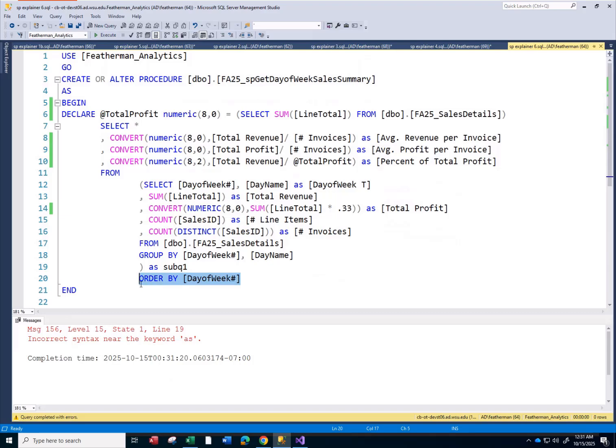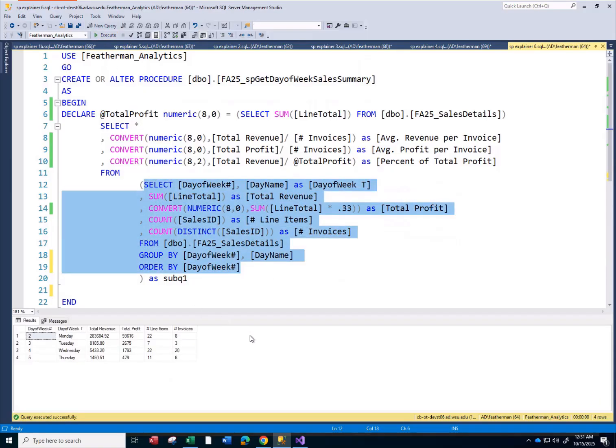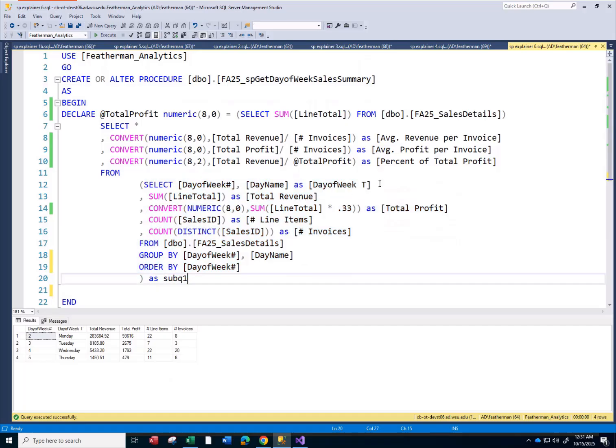We can put that in there and just run it. 2, 3, 4, 5. There we go. Monday, Tuesday, Wednesday, Thursday. So you cannot sort by the textual day of week,